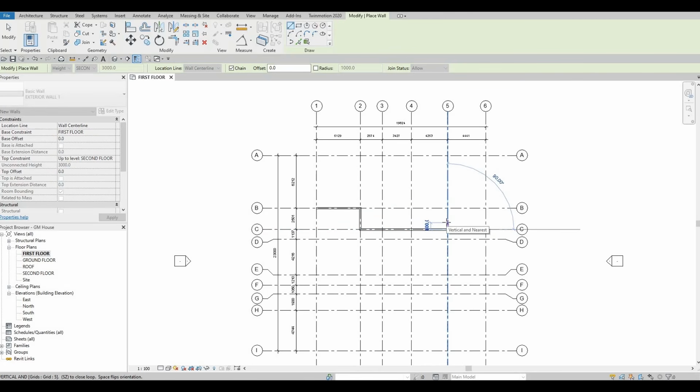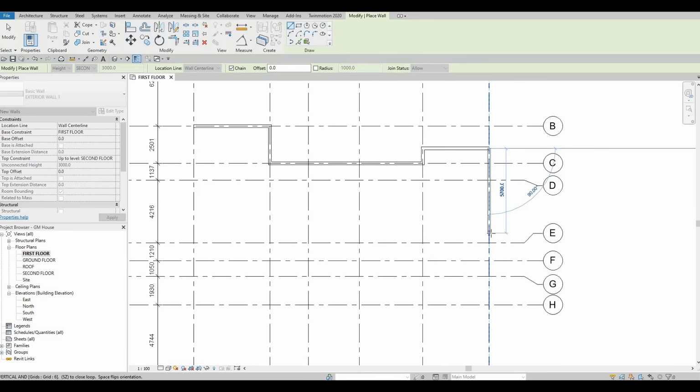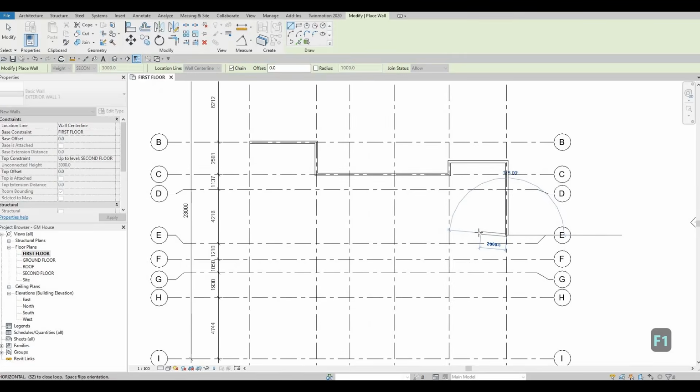and then going up a little around 1000 along grid 5, and then going across right here up to grid 6, and then from grid 6 let's go down right here, and then we have E, but we're going to put it short around 5700, and then from 5700 we're going to go across